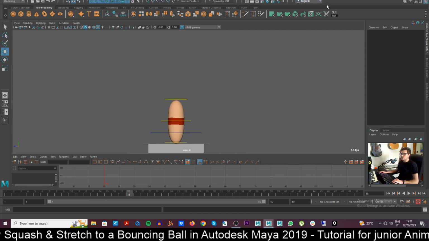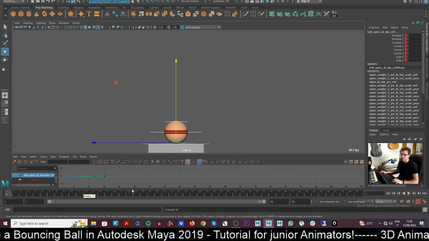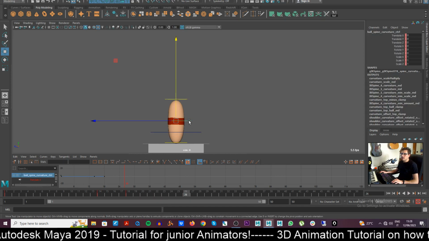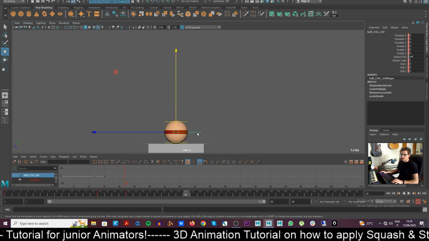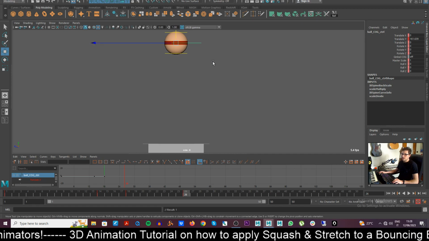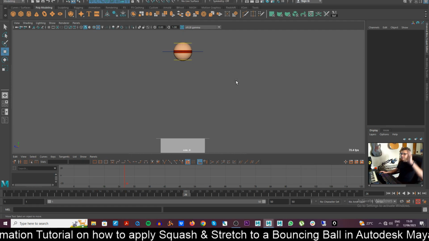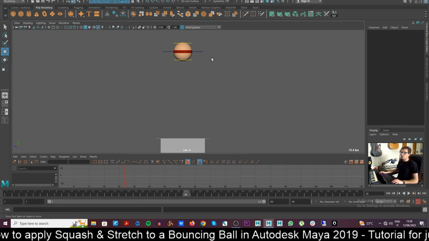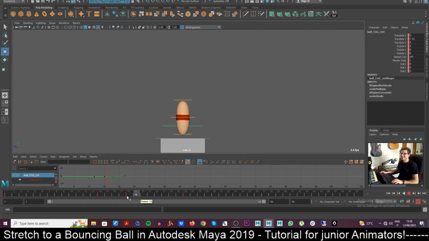And now what I want to do is select everything, put a key on all the things we have, and a few frames later, I want to bring the ball. First of all, I want to put this value to 0, then select this other control and bring the ball up here where it's going to be the highest point that our ball will be touching the sky. The highest place that will reach the sky. Okay,